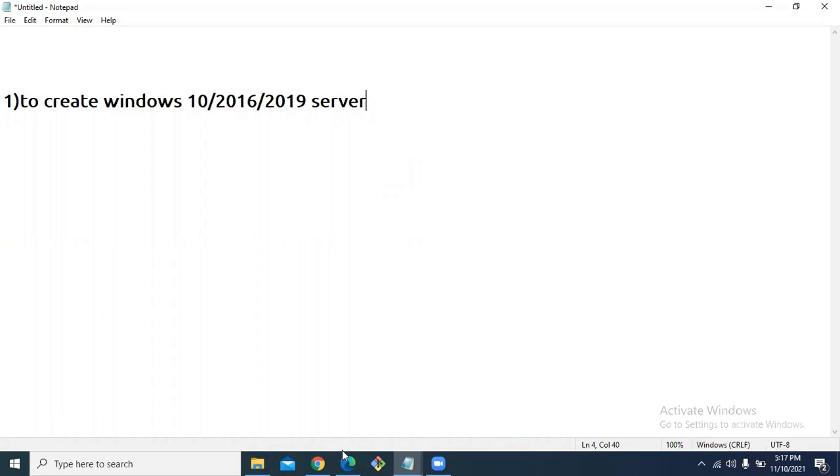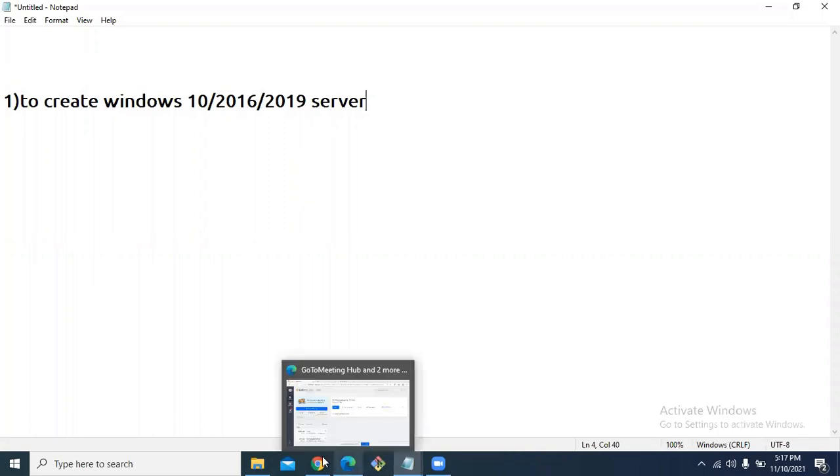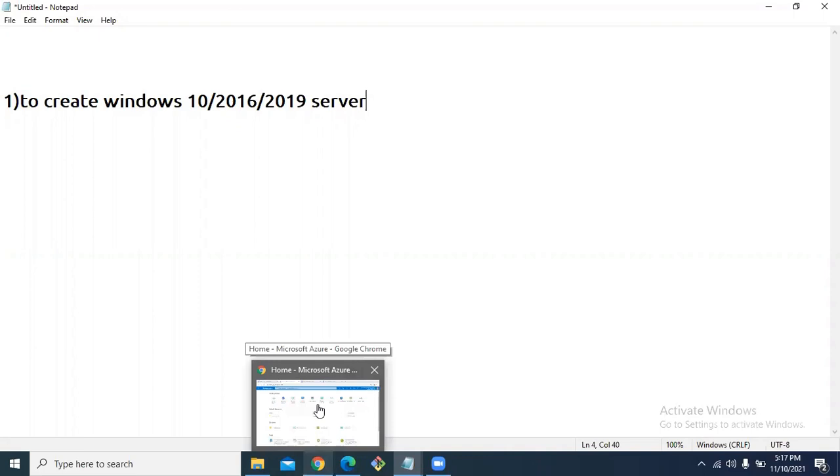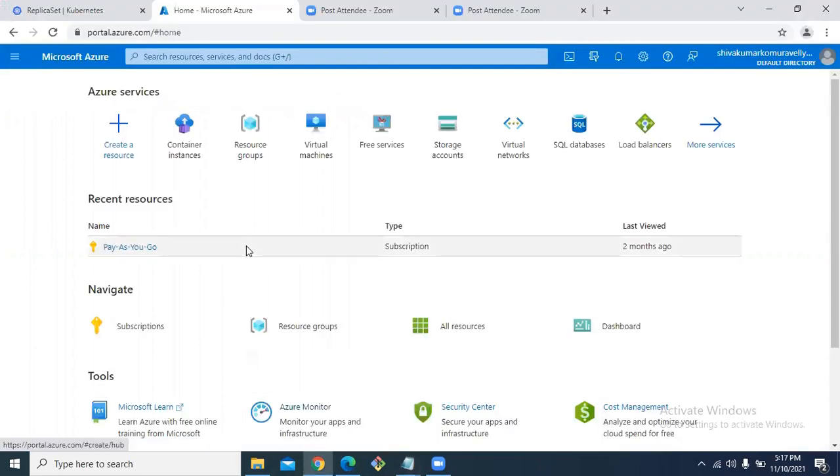So how can we organize resource groups, for organization or for environment? Suppose we have 3 environments: dev environment, QA, production environment. For each and every environment, you can create a resource group. The resource group is a very good concept in Azure. Let me show how you can create a resource group. Along with other resource creation you can create a resource group, or you can create it separately first. Now let me create a resource group first.